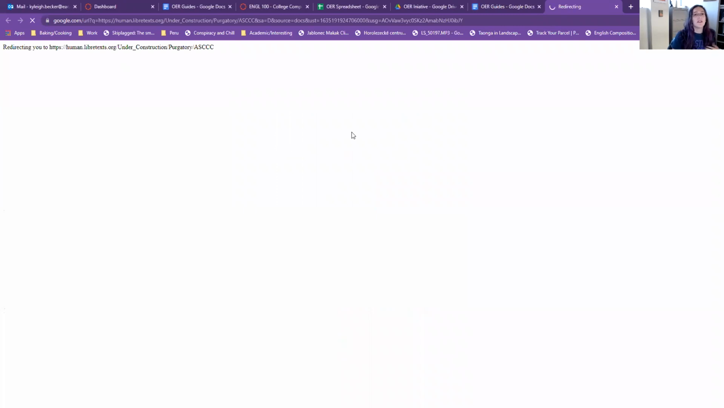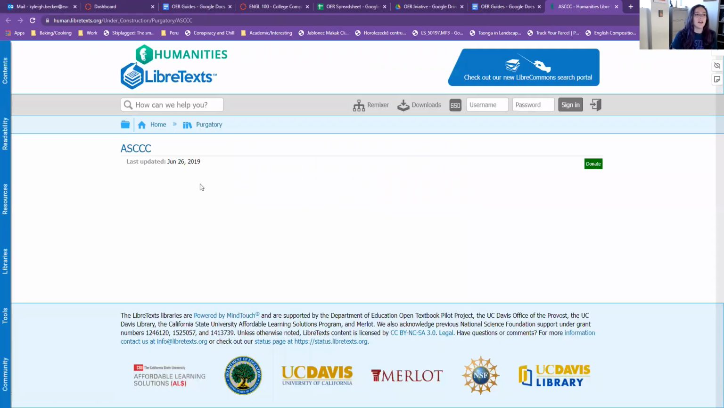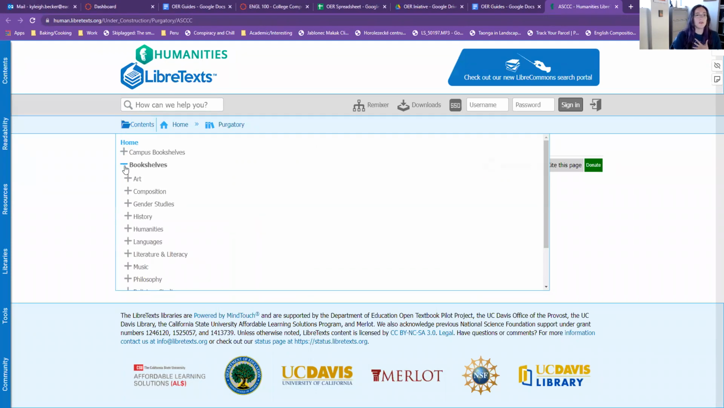So if you click on the link, it will bring you to this page, and it looks kind of weird, right? Because there's nothing on it. So the way we go through this is you go over here to Contents, and it will bring down this drop down, and you can either go to Campus Bookshelves, but the way I find it easier is you go here to Bookshelves, and then it gives us this big drop down for all of these different